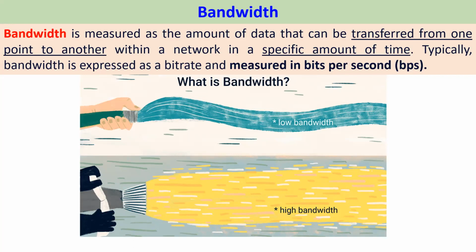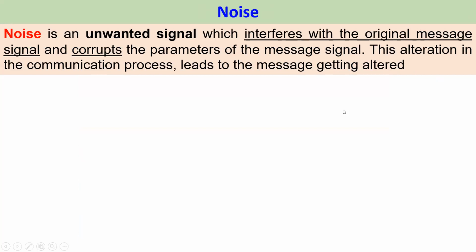Right. Then I think you finished writing this one. Then we'll move to the next feature called noise. Noise means there are some situations where signals interrupt other signals. It also depends on the type of medium you are using. There are some mediums